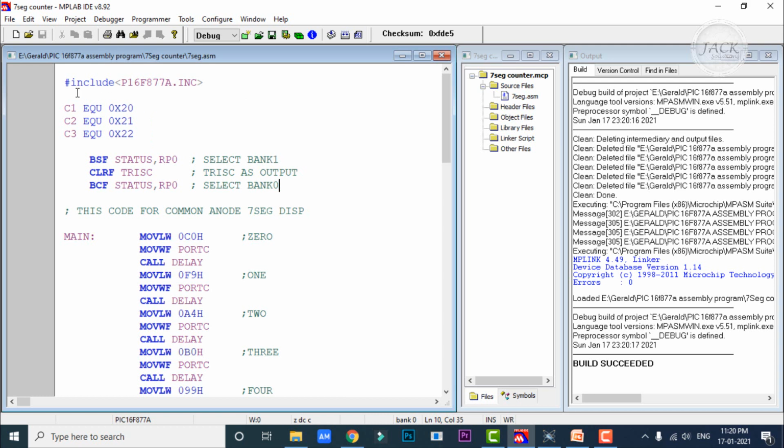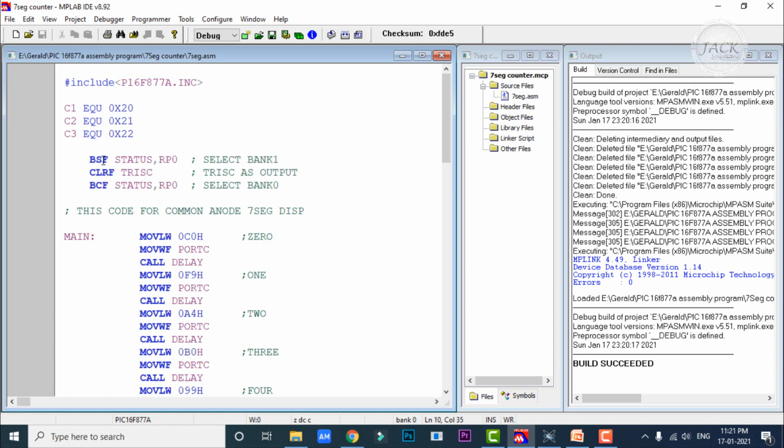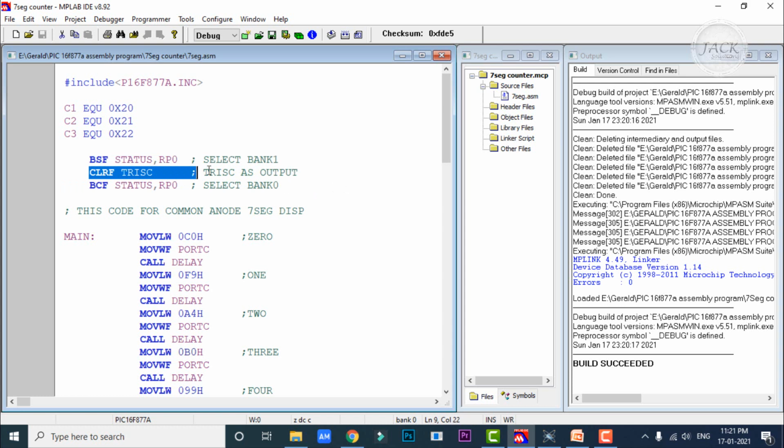In our program, I have first included the header file PIC16F877A.inc for the basic purpose. And I have initialized 3 variables for delay purpose, that is the 20, 21, 22 registers, which are file registers. Here is our basic program, and in all our programs we will use these instructions. Why? Because we are going to configure the TRIS register whether it is output or input. In our case the display is an output, so we are going to make port C an